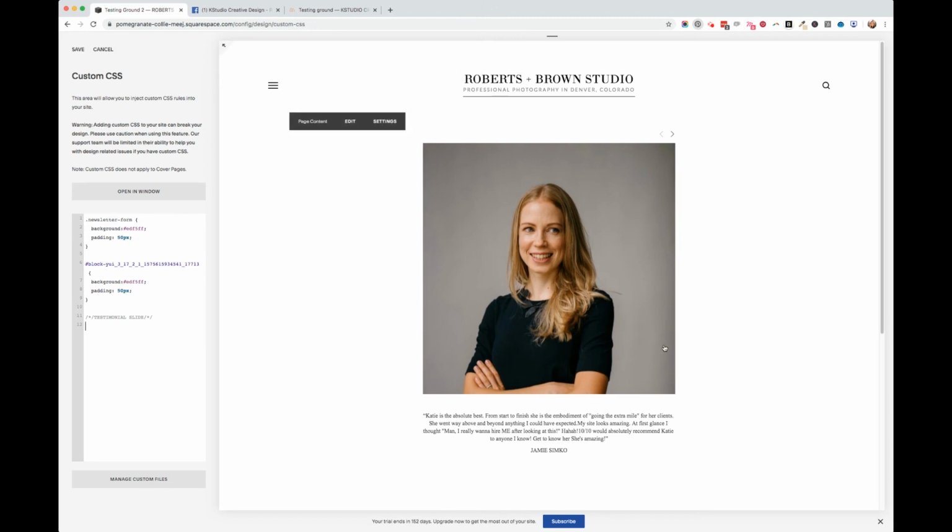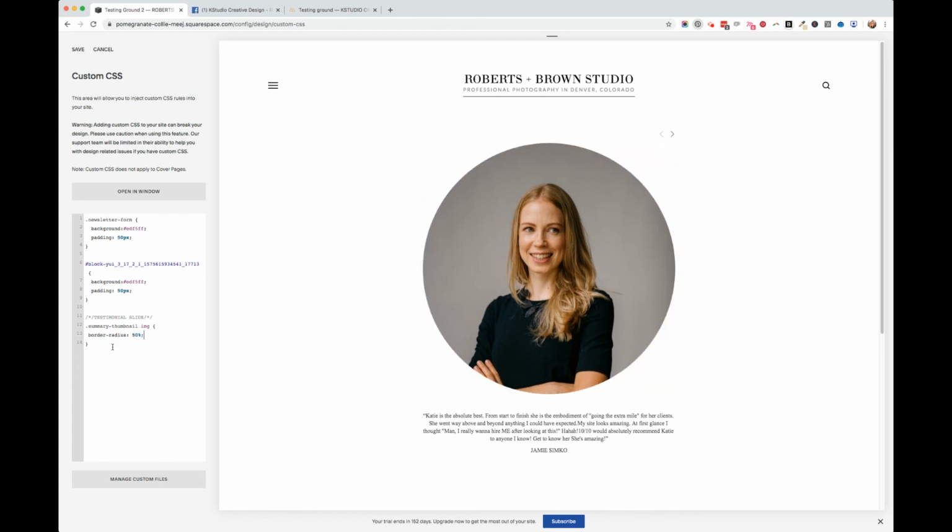The next thing we want to do is we're actually going to type in some custom code. And you'll see as I type this in, it's going to change the properties on our display on the right. So to start out, we're going to do .summary-thumbnail img. Now this allows us to target that picture. We're going to do a curly bracket and we're going to hit enter. Now once I type this bracket here, it automatically gave me the second one. So I dropped down a line so that I can type in between them. Now I'm going to type in border-radius: 50%;